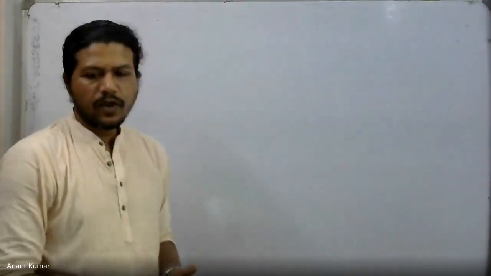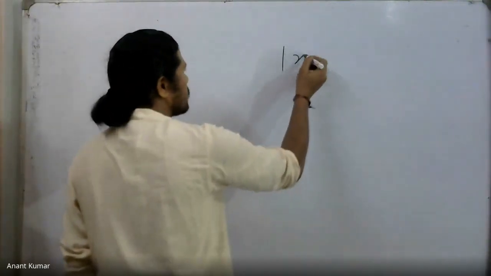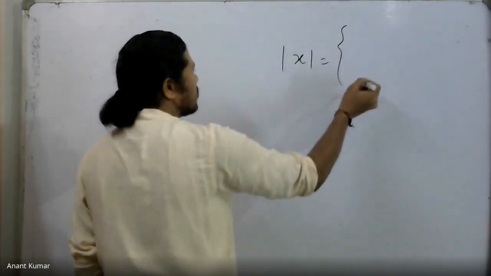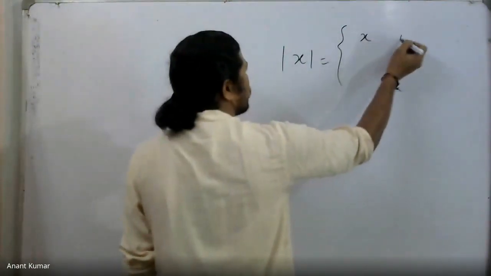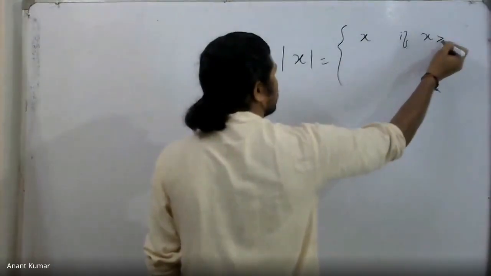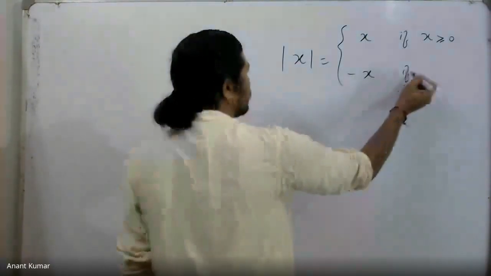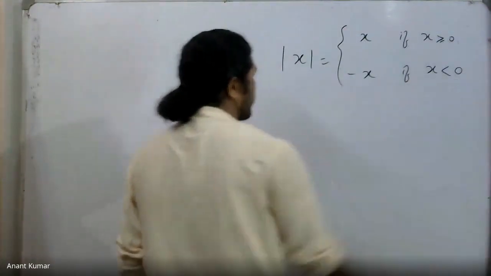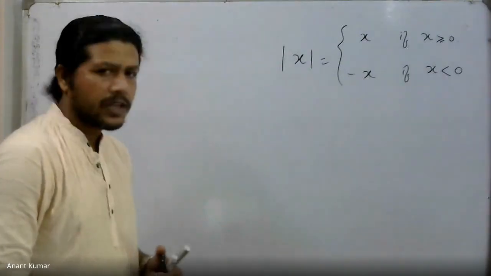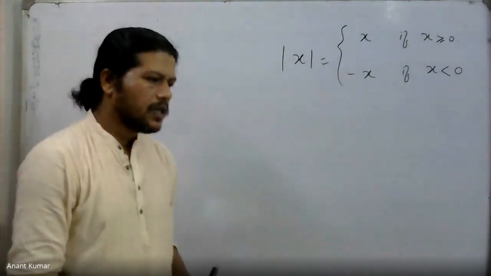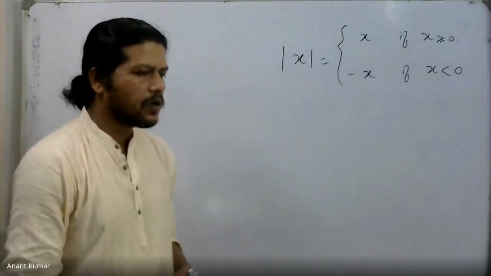Suppose first of all, let me define the modulus function once again. We already know by definition that mod of a certain quantity x is equal to x if x is positive, and it is equal to minus x if x is negative. That's the definition of the mod function, okay? So this technically is speaking of a function, and we remember what we define the function as. Right now we don't actually require that.